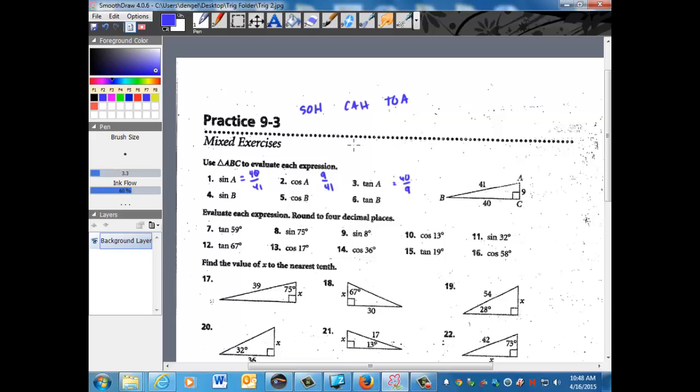Now, one other thing that we can do is if we take the second sine of 40 over 41, we take the second cosine of 9 over 41, and we take the second tangent of 40 over 9, we should get the same answer for all three, and that answer is going to be this interior angle for angle A. So let's enter that in now. We're going to enter in second sine 40 fraction 41. We get 77.3 degrees. So what I've found here is that angle A is going to be 77.3